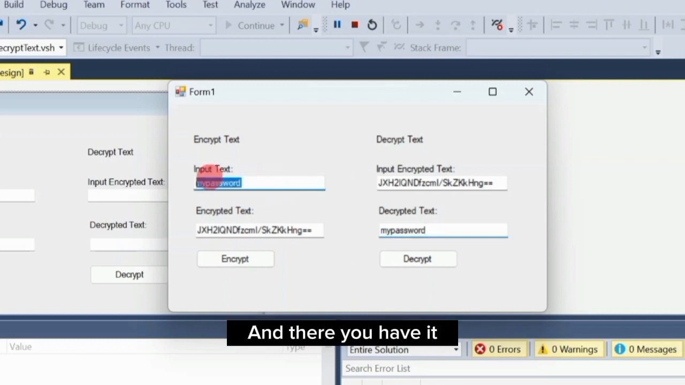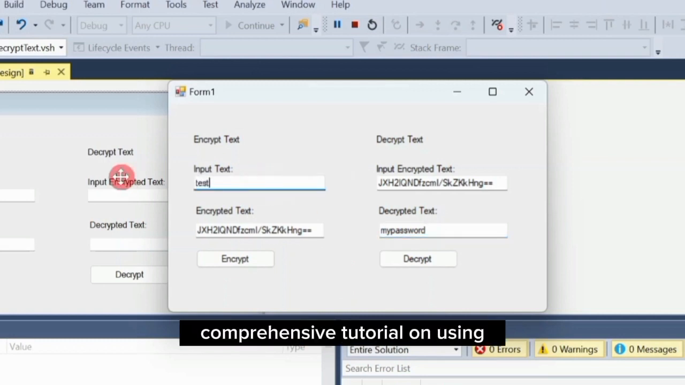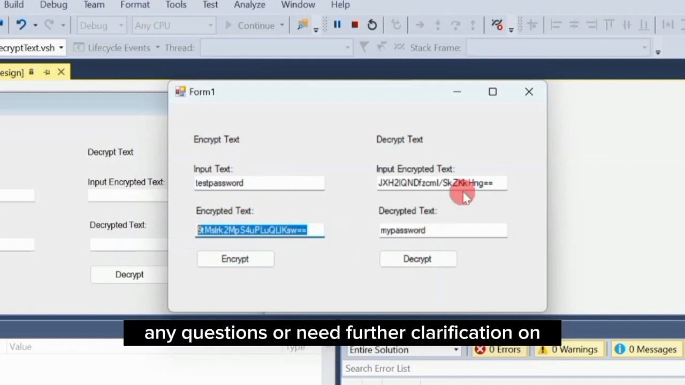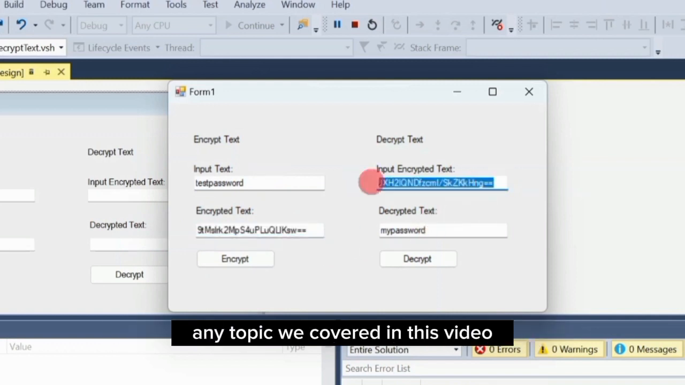And there you have it. We've reached the end of this comprehensive tutorial on using the Advanced Encryption Standard, AES, algorithm in C# to encrypt and decrypt text. And if you have any questions or need further clarification on any topic we covered in this